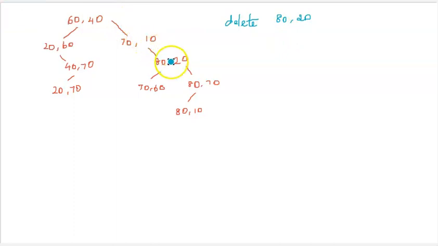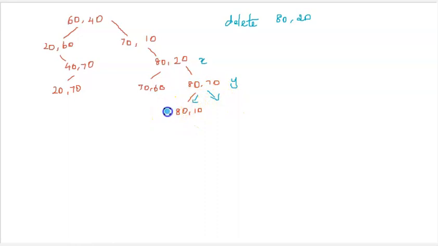So I'll be searching for 80 20 and found 80 20 in the x dimension. So naturally I'll be checking for the right element if there exists a right element. Yes, there exists a right element. So I'll be searching for a minimum of x in the right direction. Okay, so for finding out the minimum, as this is x, this is y dimension. But I'm trying to find out the minimum of x. So I'll be moving my search in both the directions. So from this direction I get 80 10, and from this direction I don't get anything.